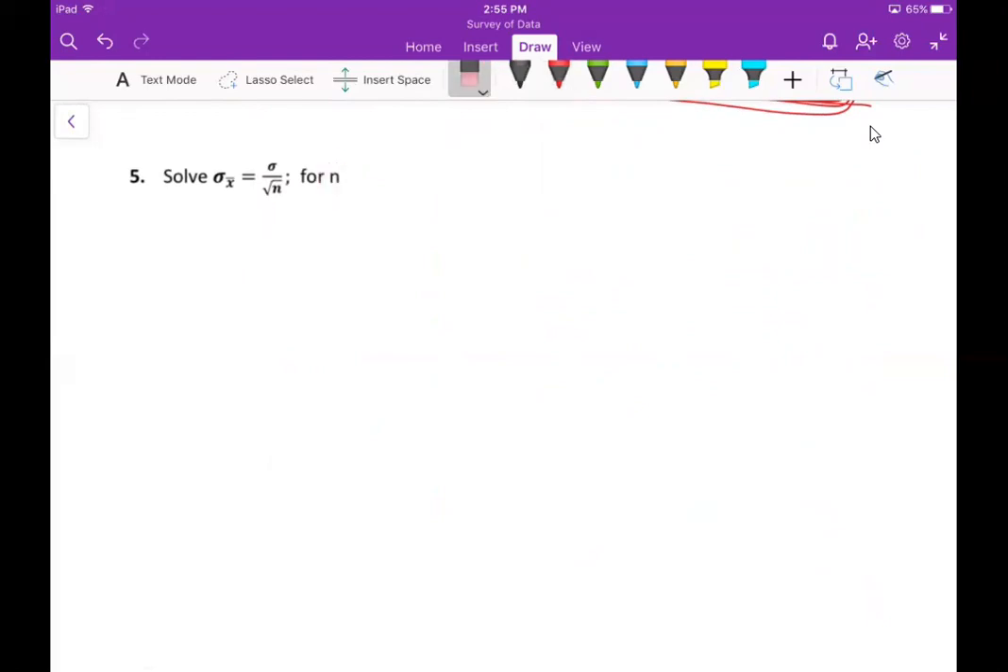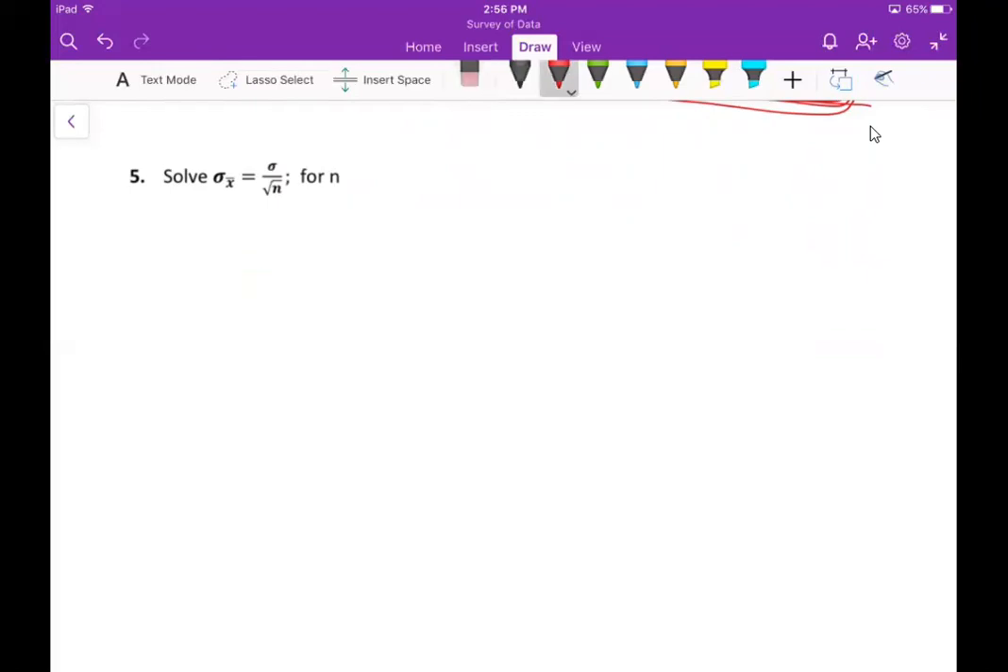Also, right now we're looking at an interesting equation where the thing that we want to solve for is in the denominator. If whatever you're trying to solve for is stuck in the denominator, start by multiplying it out of the denominator. So we have,